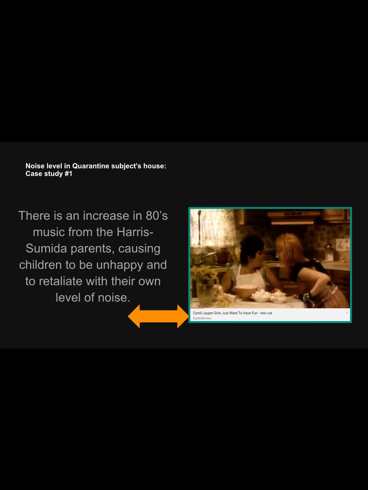In the case study in the quarantine subject's house, we noticed that there was an increase in 80s music from the Harris-Sumida parents. Now, this caused the children to be unhappy, and they retaliated with their own level of noise. As a result, the noise level in the Harris-Sumida house went up by a